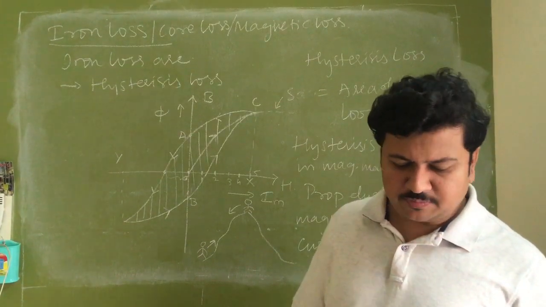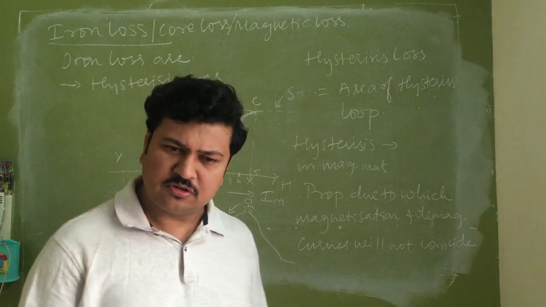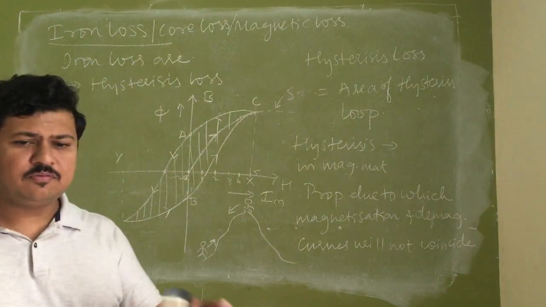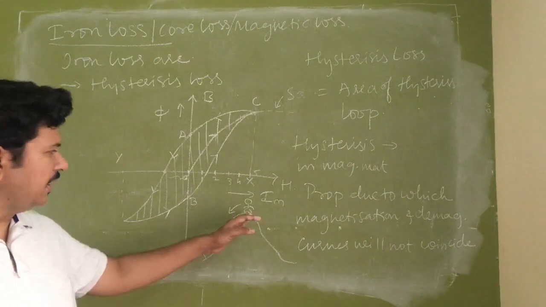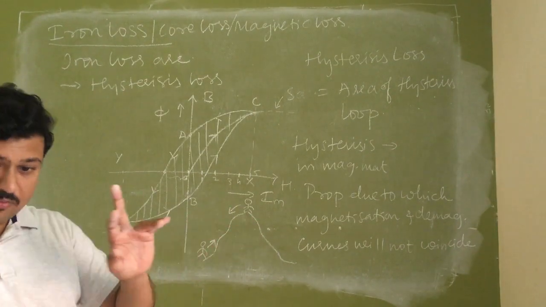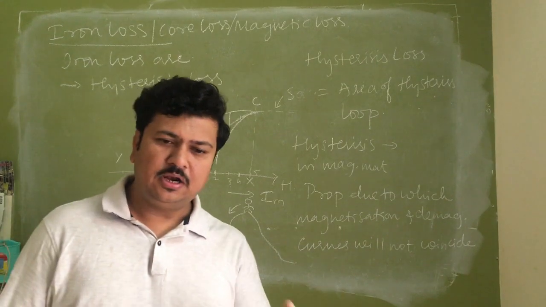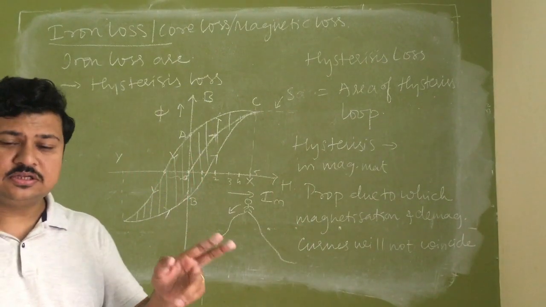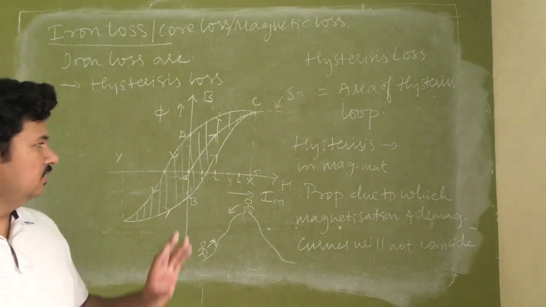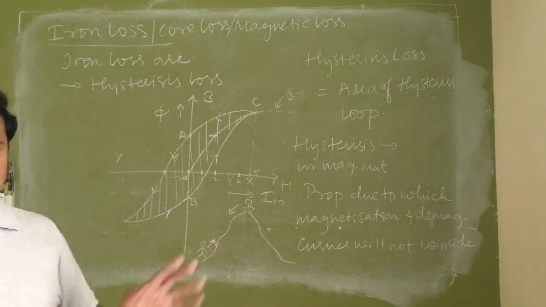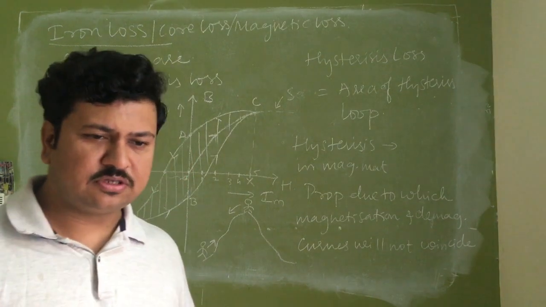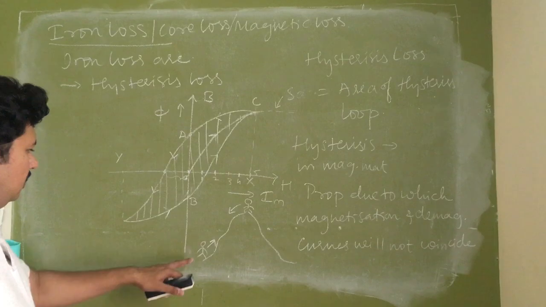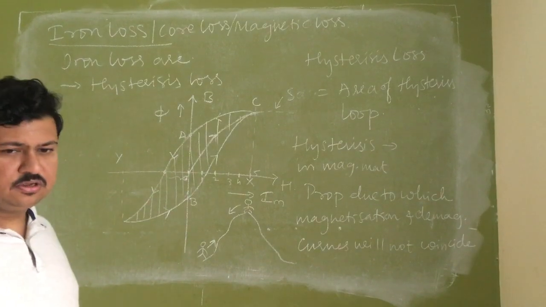Hysteresis is the property present in almost every material or almost everywhere, and it is the property of irreversibility. Once energy is spent in doing some work, if I reverse the work done, I don't gain the energy back. When I reverse the work done, energy is consumed again. The entire consumption is nothing but my hysteresis loss. So hysteresis loss is in us also. So this is all about hysteresis loss.